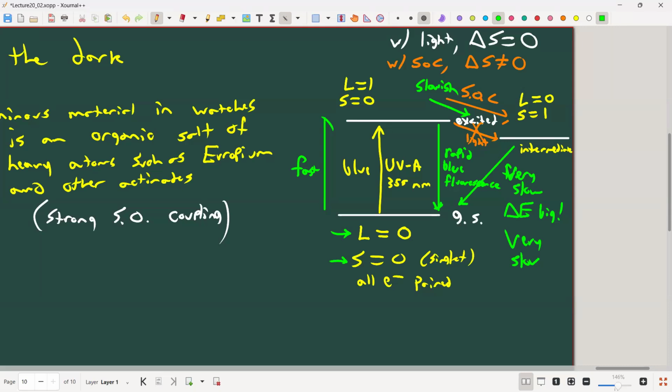Another place where this plays a role is in the photosystem and photosynthesis. Same idea. You're bringing in UV photons and you want to convert them into energy. You don't want to just excite something and then fluoresce it out immediately. You want to trap that energy and store it so that you can use it for metabolism. And so plant cells use spin orbit coupling to excite the system into an excited state, and then use spin orbit coupling to trap it into an intermediate state where it's long lived, and then can be used for other purposes. Okay, so that's